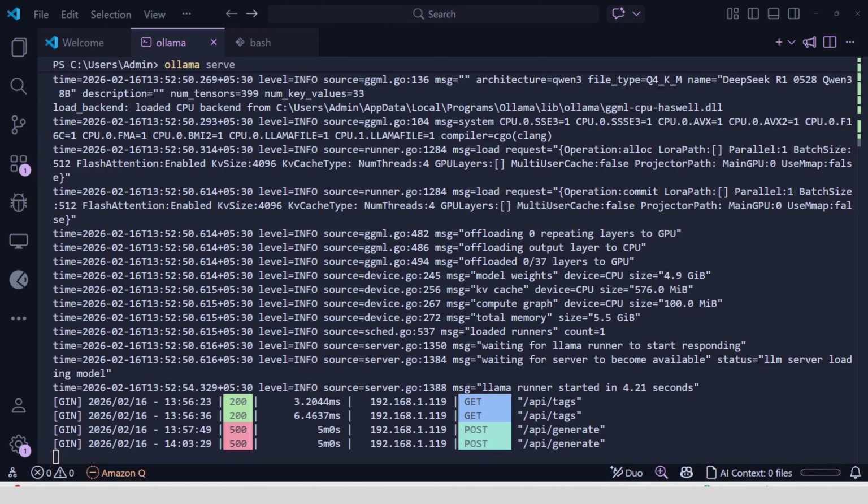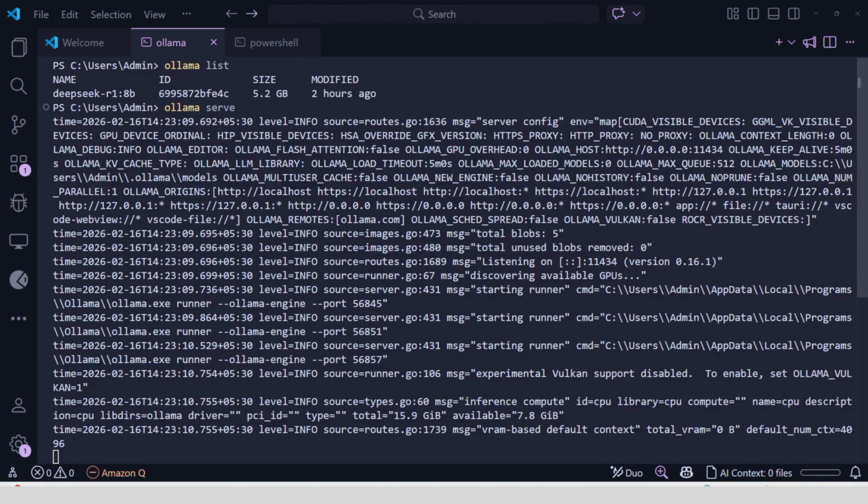The reason is memory. If you look at the Ollama startup log, total memory is 5.5 gig. Our DeepSeek R1 model is 8.2 billion parameters. When Ollama loads the model weights into memory and starts allocating KV cache for the token generation, it exceeds the available system memory. Simple API calls like listing tags work fine because they don't require loading the full inference pipeline. But actual text generation is where the memory pressure hits. Ollama tries, runs 5 minutes and eventually the process fails with a 500 internal server error.